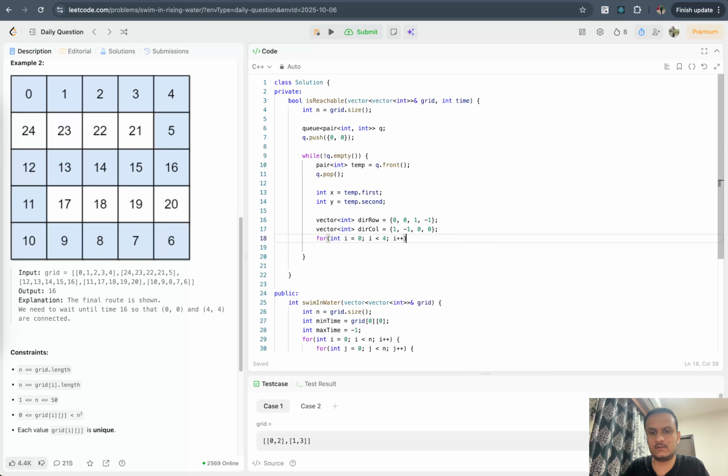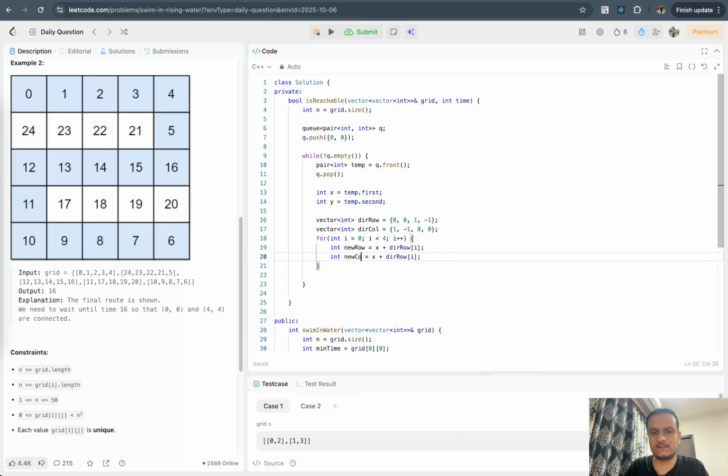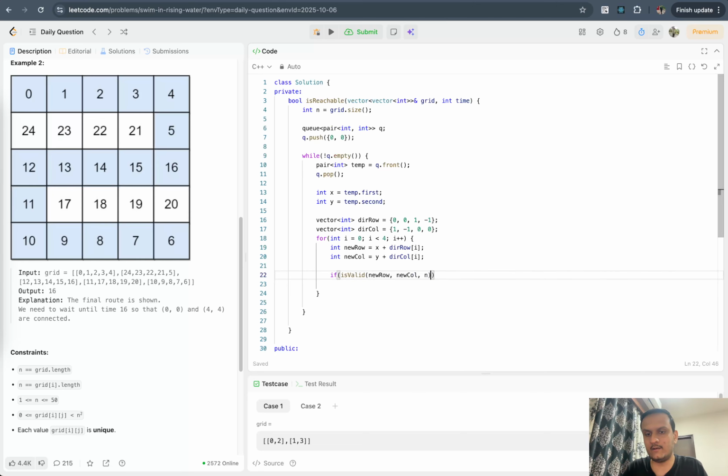For i plus plus, we will traverse this, and we will find the new coordinate. So int new row will be old row plus direction of row of i. Similarly new column will be y plus direction of column of i. And we obviously have to check if this new row and new column are valid. So if is valid, new row comma new column comma n, and then what we need to find,